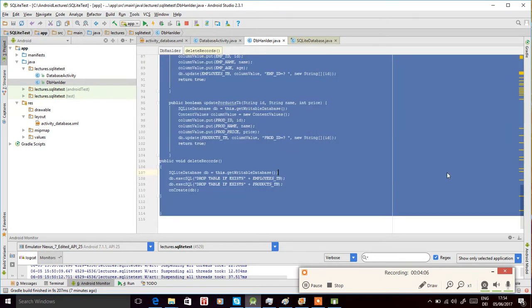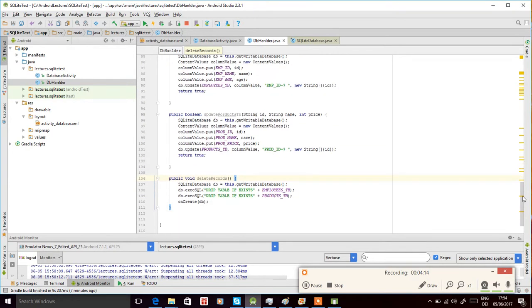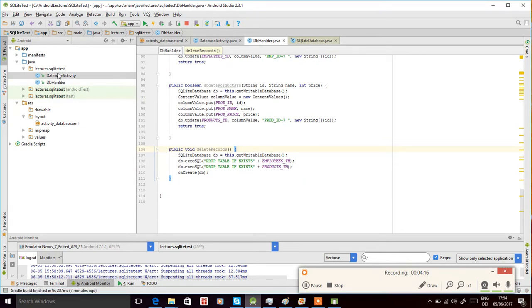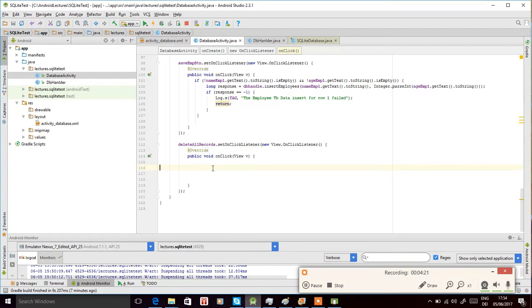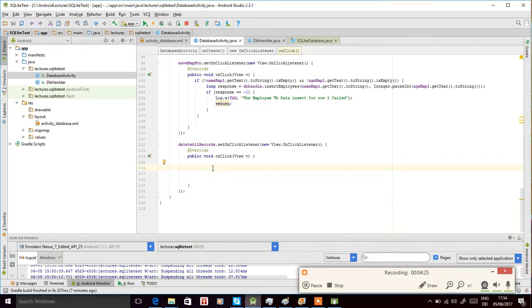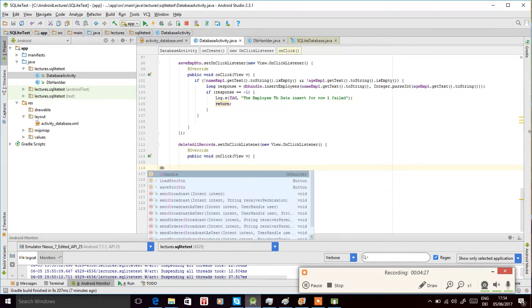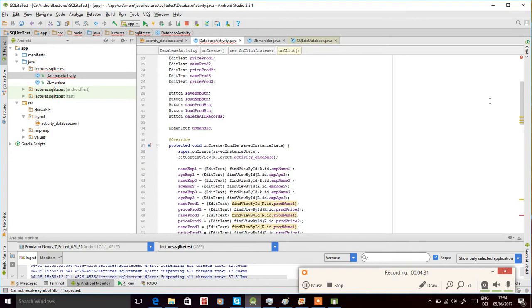Press Ctrl A to select all, and then Ctrl Alt L to indent, so our function comes to the right position and everything is set. Now we can go to our database activity. In the delete all records button, set on click listener, we simply call this function with this is db handle is our object name for the database handler here. Yes, db